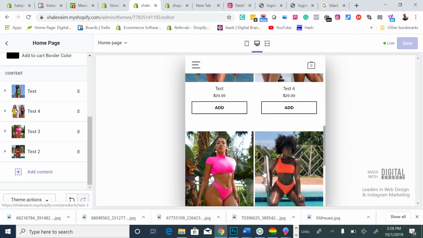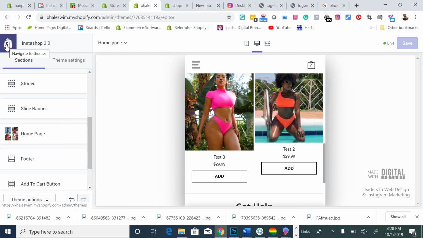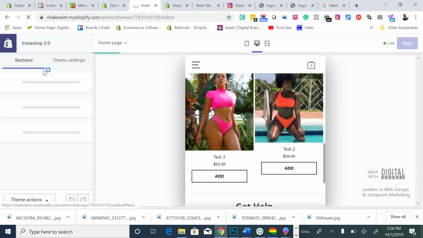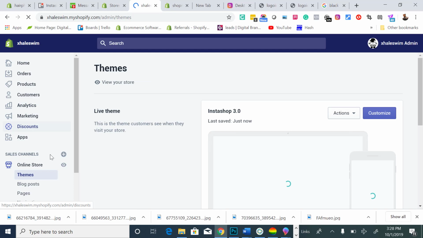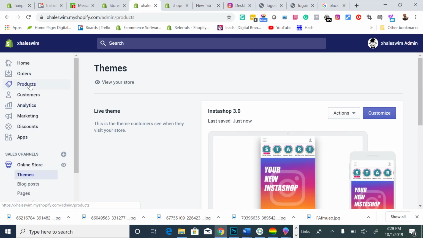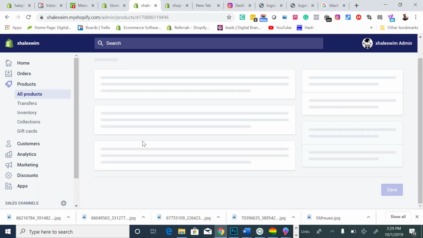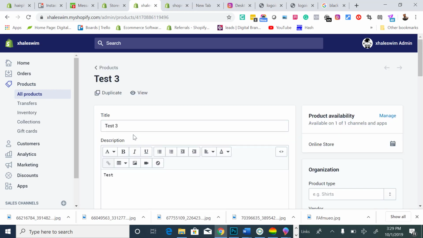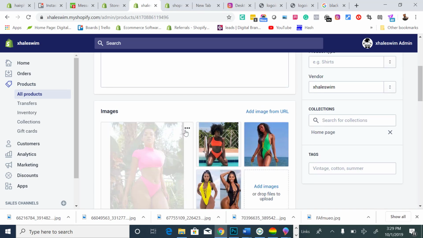I can say, okay, this one is a little bit longer, so I can go back and go back into the theme. And you can always open it up in new tabs so you don't have to close out of it. And you can work and just easily refresh. So I'll go back to products, go to test 3, and in Shopify it allows you to edit the picture right inside of the picture. So you click the lines here,